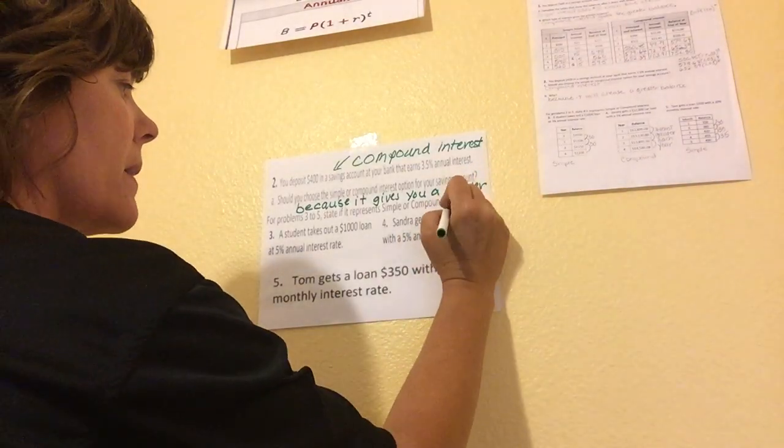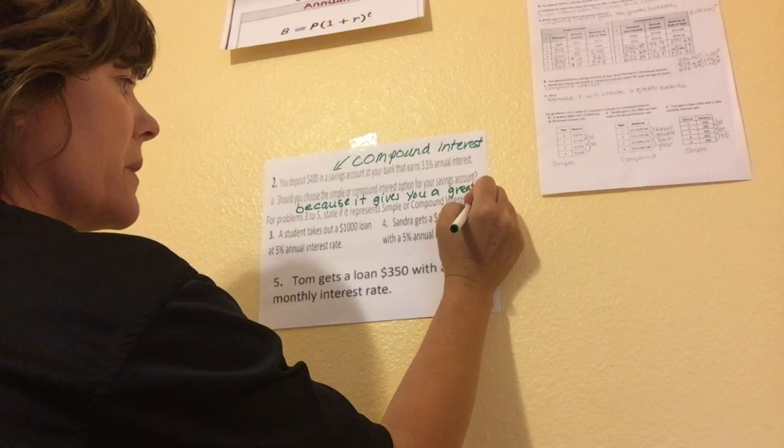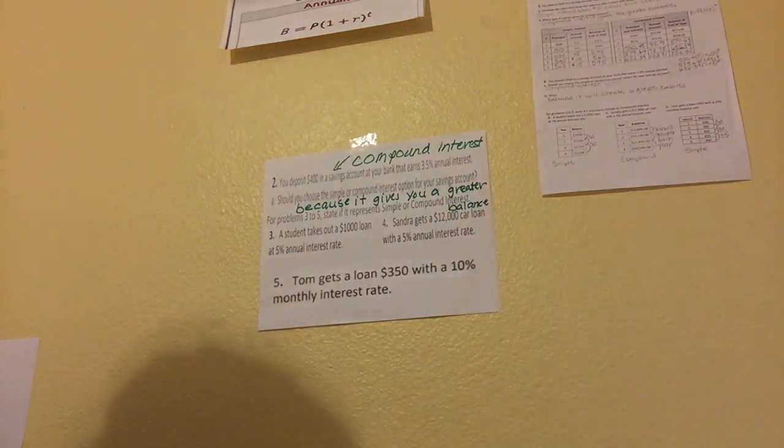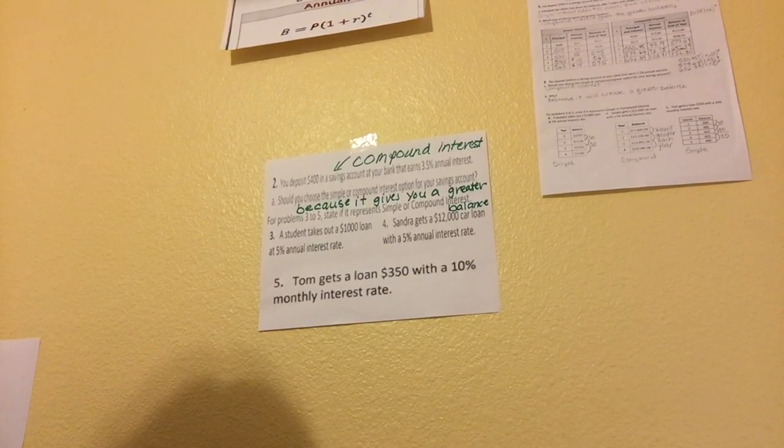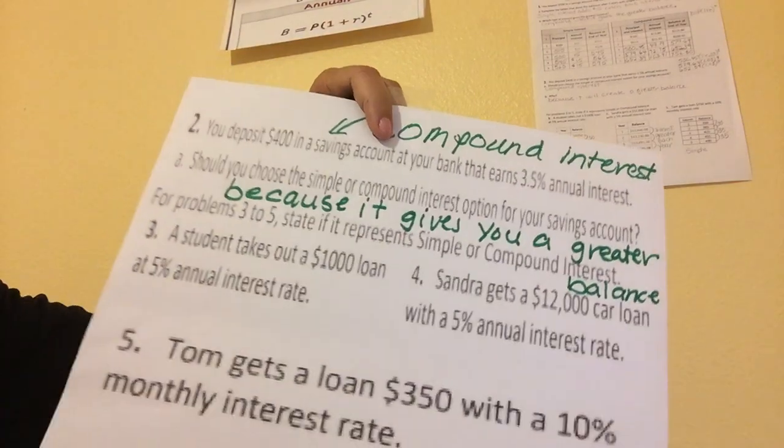And I'm running out of room here, but I'll put it down here. So it gives you a greater balance. So let's look at number 3. So number 3 says,